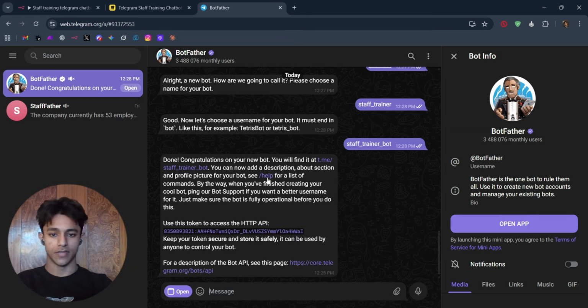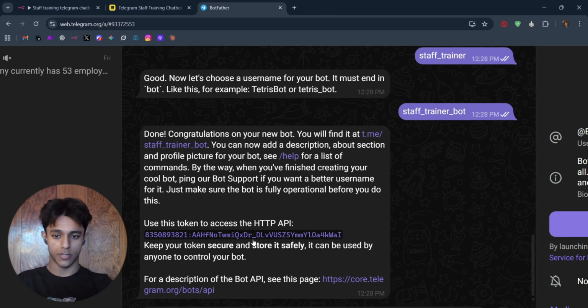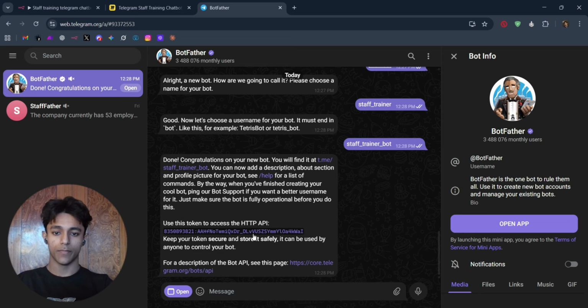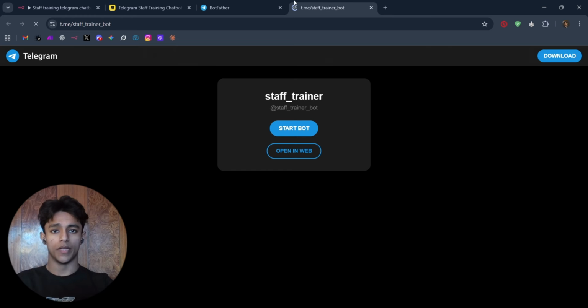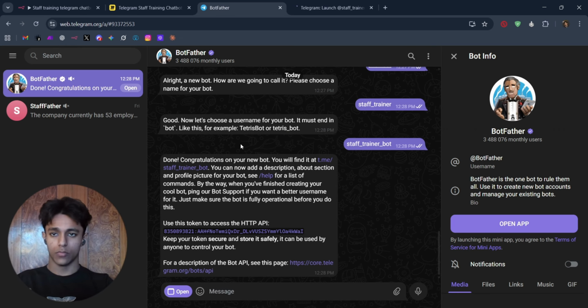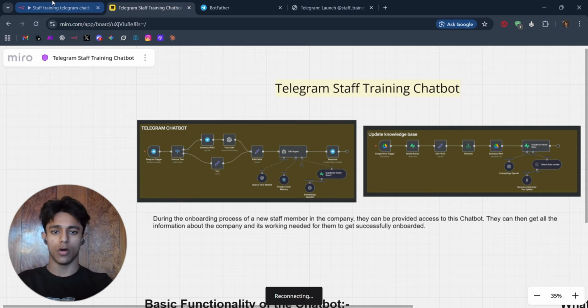You will find it at this link. You can now add a description, about section and profile picture, and so on. What matters here is this access token right here, so you might not want to lose it. It'll just remain in the chat anyway. Also, here we have the link for our new chatbot, so I'll open it in a new window. Now, as we have created this chatbot, we'll head on to our n8n